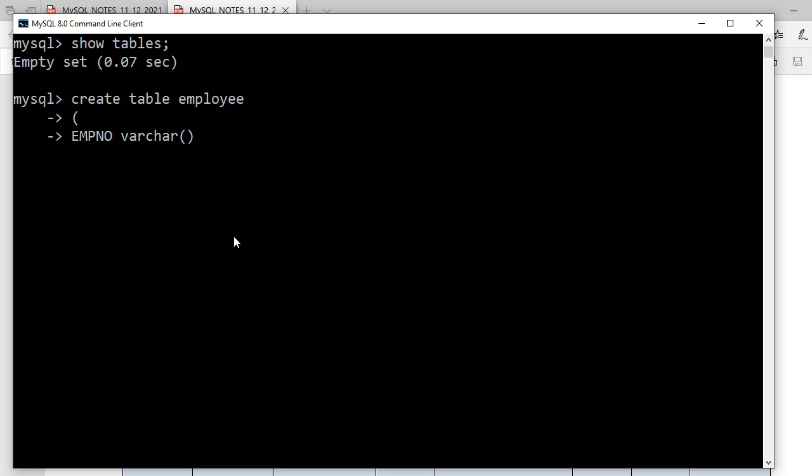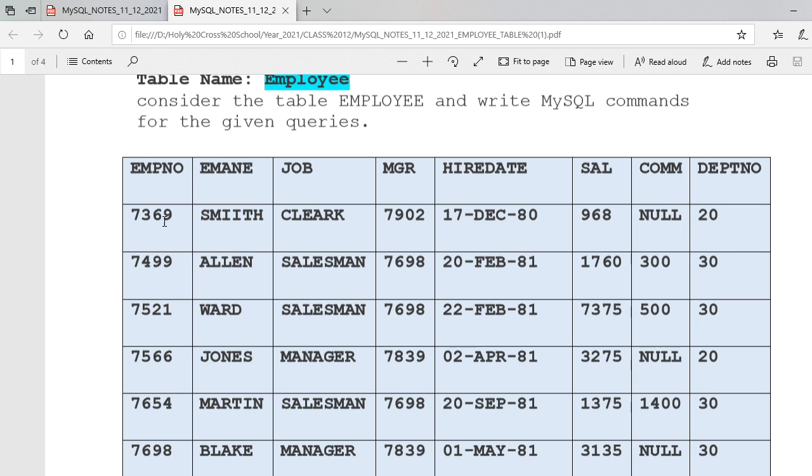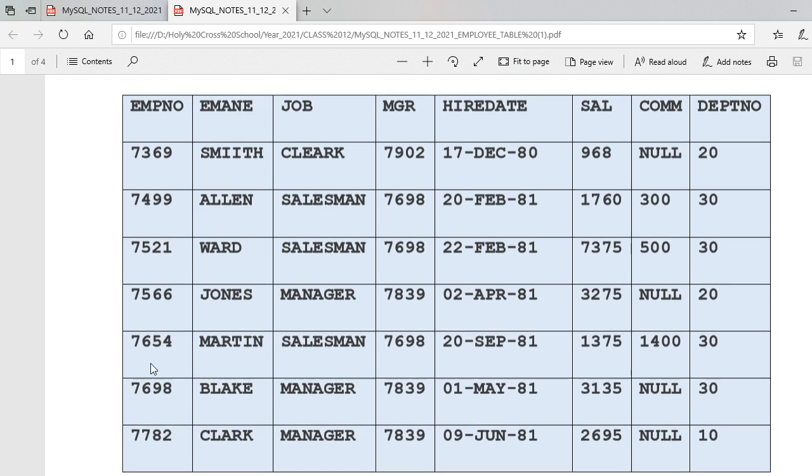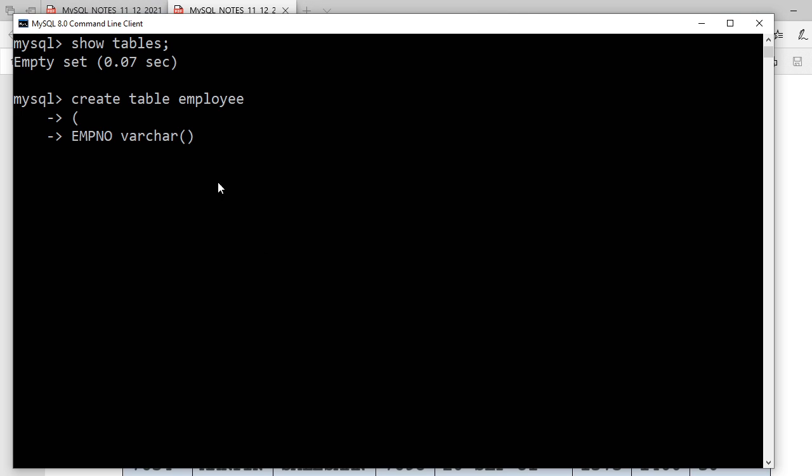Now tell me, in that one, what is the maximum? You are getting only 4 digits. Yeah, only 4 digits here. Okay, so I am going to write here variable character of 4 digits in length. And since it is not telling me here whether it should be primary key or not, nothing to bother about that. No information given in the table. So I am going to press comma, and then go to the next one.